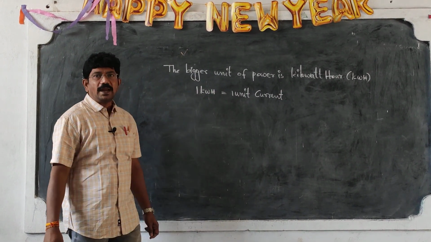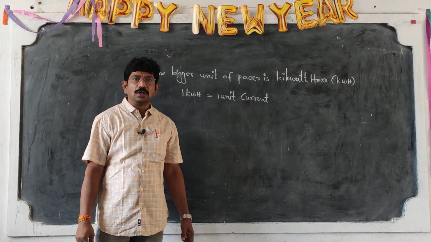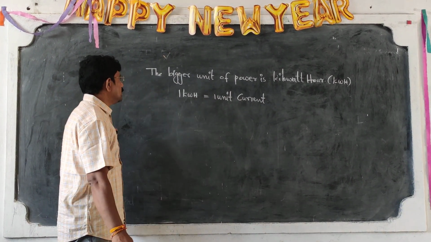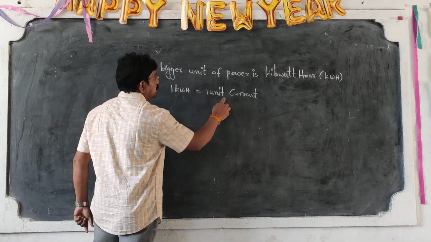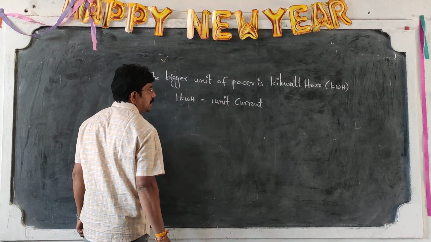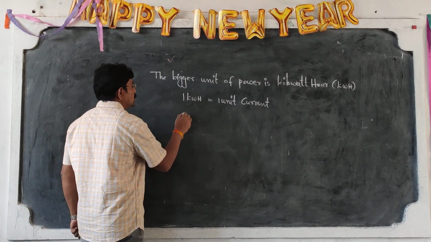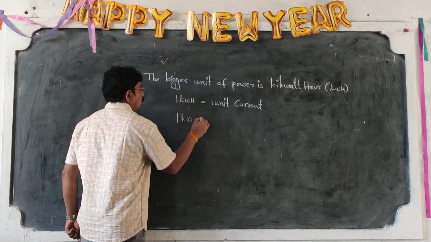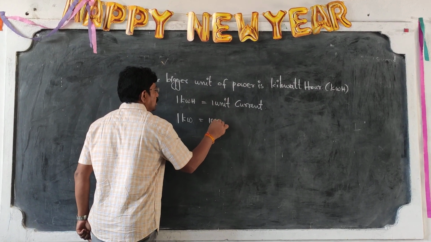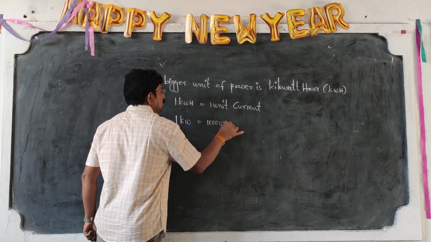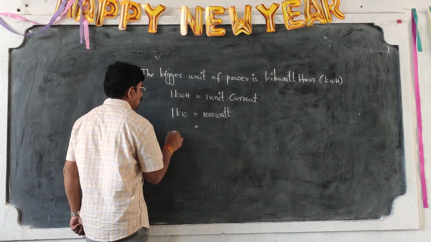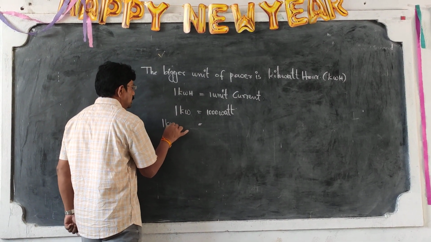In our homes, we get monthly electrical bills, 220 units or 100 units, like that. So, 1 kilowatt hour is equal to how much? 1 unit, 1 unit current. Are you clear about that one? So, 1 kilowatt is equal to how many watts? 1000 watts. Next, 1 kilowatt hour is equal to